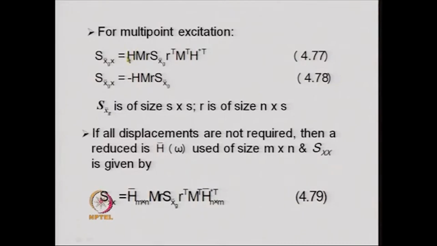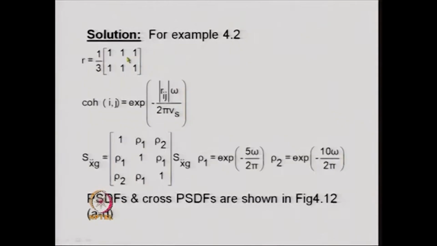So, once we know this H matrix, then we obtain the values of Sxx. The Sx double dot g matrix was obtained in this particular fashion, and one cross term was exponential of minus 5 omega by 2 pi, because between the first support and second support there was a time lag of 5 seconds, and between the first support and the third support the time lag was 10 seconds. So, they appear like this in row 1 and row 2 of this matrix,